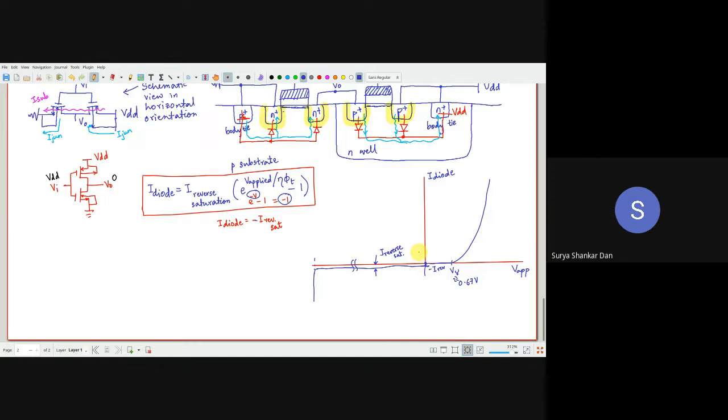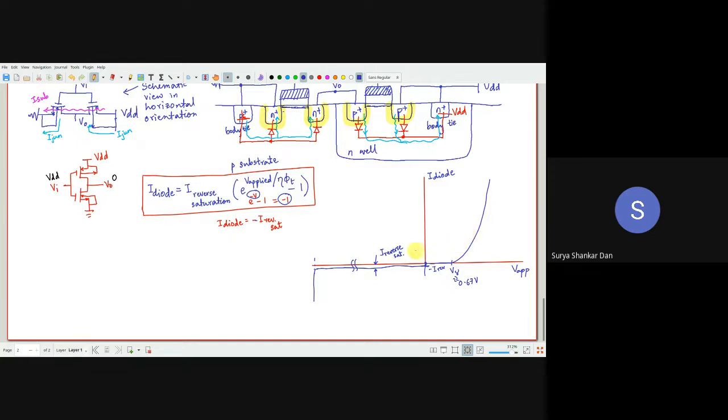So in our practical diode circuits, typical clipper, clamper, rectifier, full wave rectifier, half wave rectifier, regulator, I mean, there are so many circuits. In all those cases, we have kind of ignored this reverse saturation current with respect to the current which is going in the forward direction, correct?